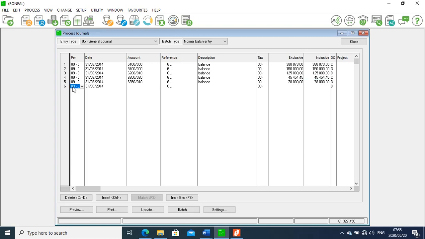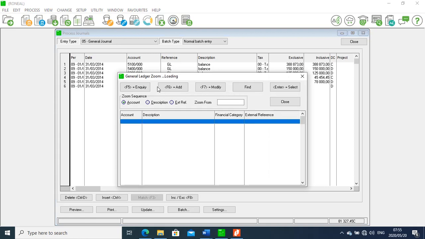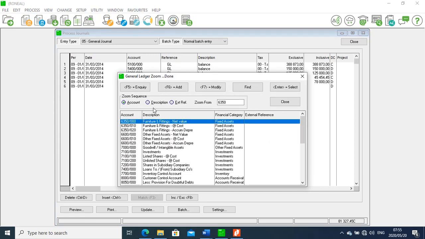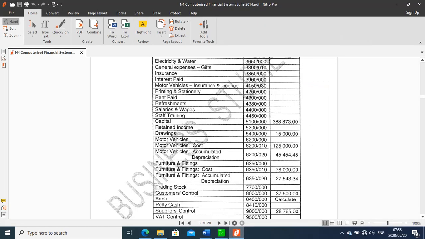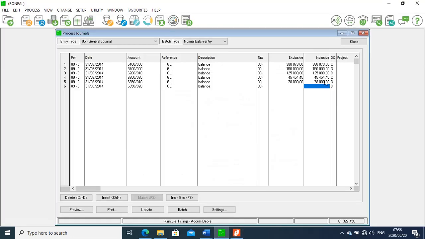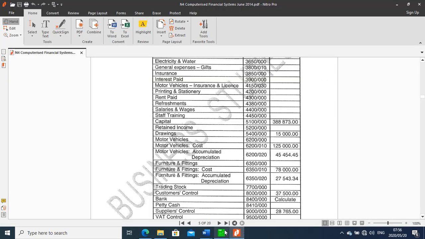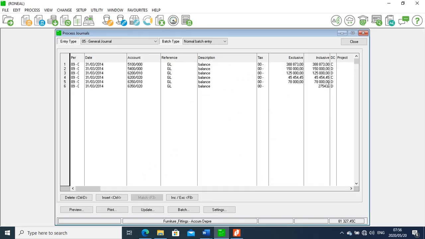Then we go to its accumulated depreciation, 63,550. Furniture and fittings, accumulated depreciation, here it is, balance. Accumulated depreciation is a negative asset. We said it comes on the credit side. It is 27,543 comma, is it 34 cents? Let's check. Yeah, it's 34 cents. And it has to be on the